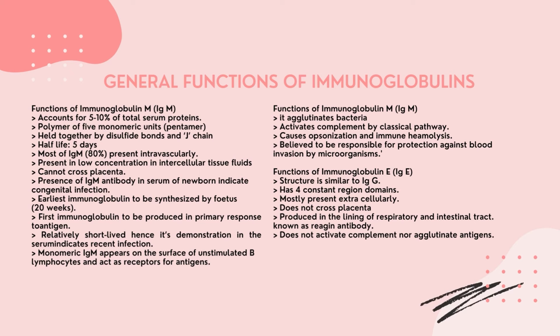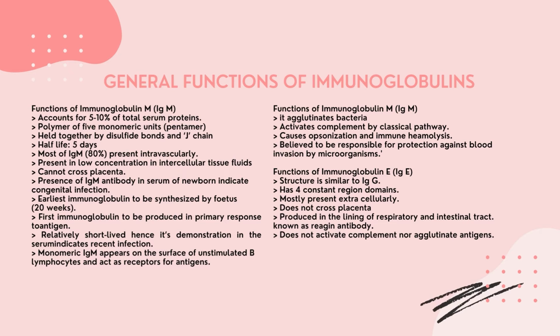Earliest immunoglobulin to be synthesized by the fetus, at 20 weeks. First immunoglobulin to be produced in the primary response to antigen. Relatively short-lived, hence its demonstration in the serum indicates recent infection. Monomeric IgM appears on the surface of unstimulated B lymphocytes and acts as a receptor for antigens. Functions of immunoglobulin M, IgM. It agglutinates bacteria, activates complement by the classical pathway, causes opsonization and immune hemolysis, and is believed to be responsible for protection against